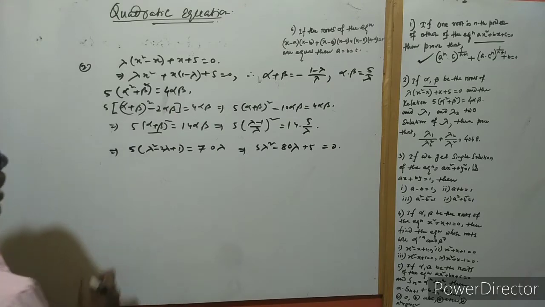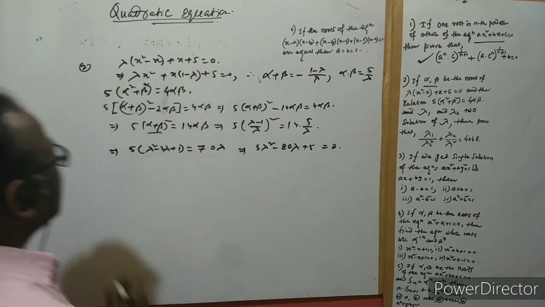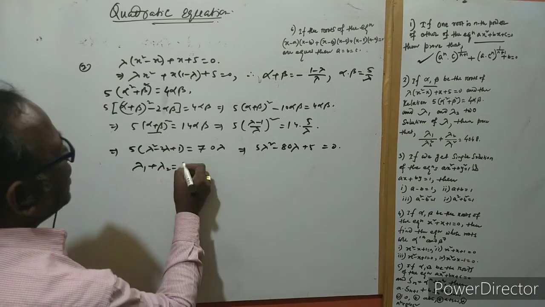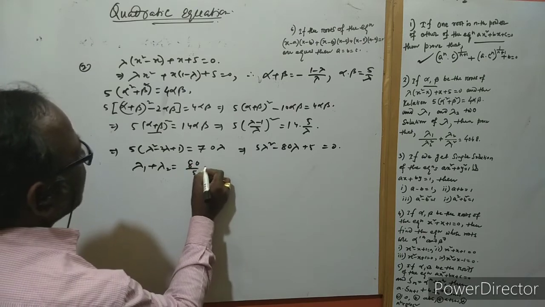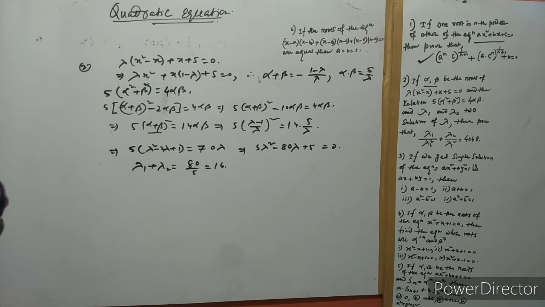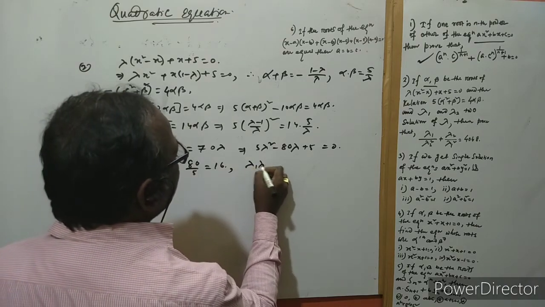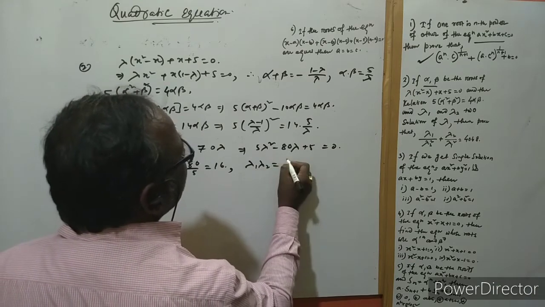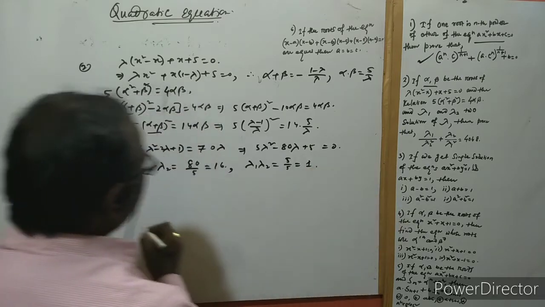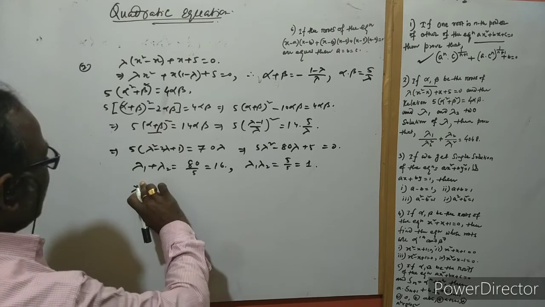And we got that, as given, the two solutions of lambda are lambda 1 and lambda 2. So you can write the sum of the two roots, lambda 1 plus lambda 2, is equal to minus b by a, that is 80 by 5, which is 16. And the product of lambda 1 and lambda 2 is equal to c by a, that is 5 by 5, which is 1. And now we have to find the value of lambda 1 by lambda 2 whole square.